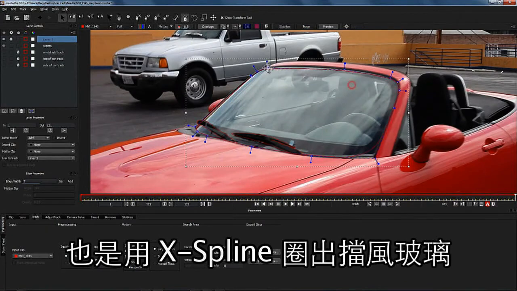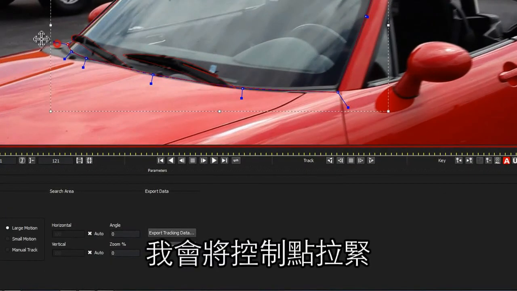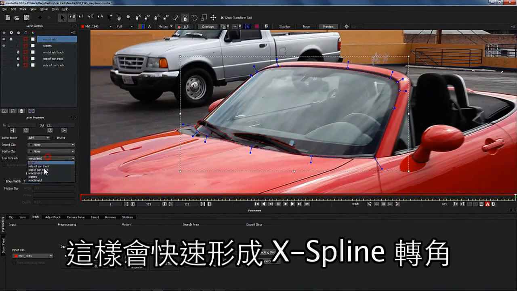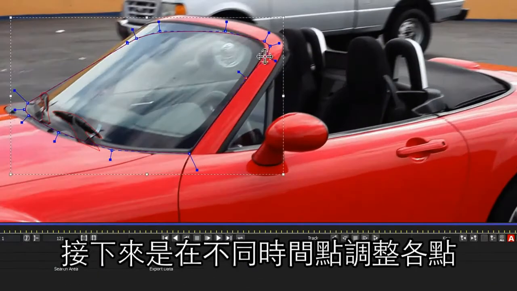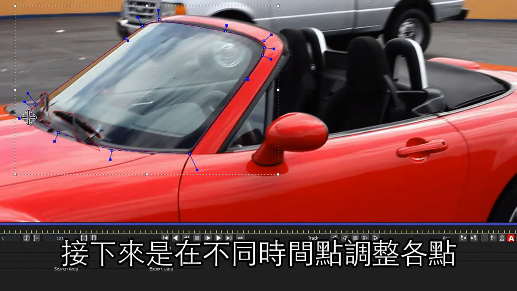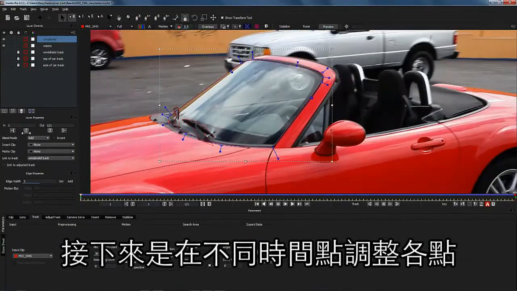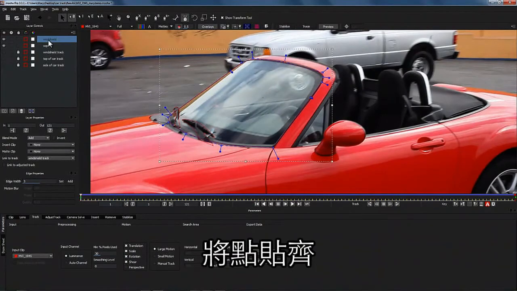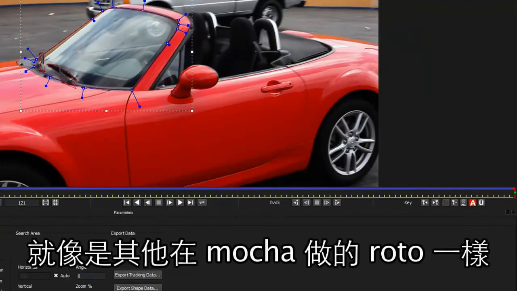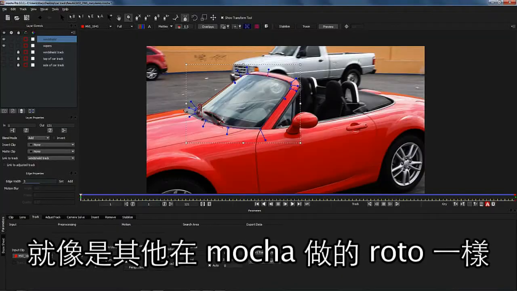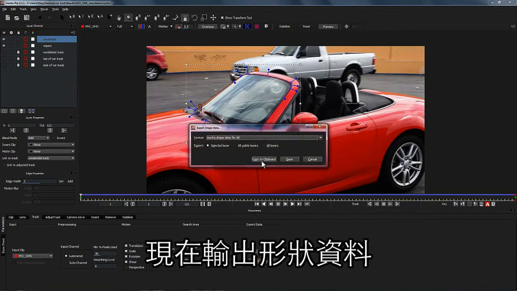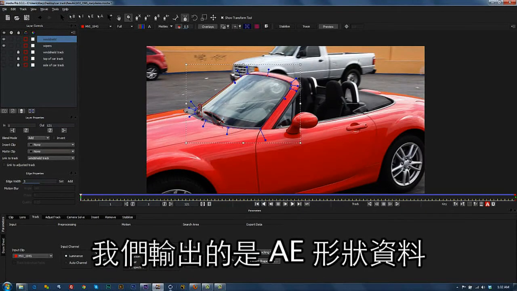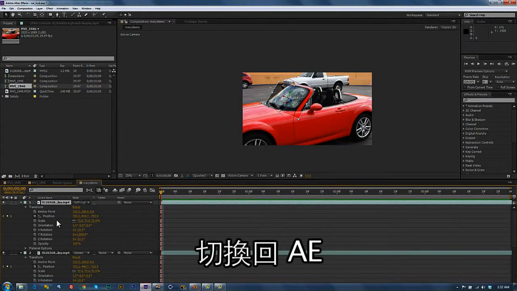We're just going to draw an X-spline around the windshield. I'm going to pull my corners tight so that I get some nice X-spline quick shapes going on. We're going to animate over time the differences where the shape doesn't line up, just like we do in any sort of roto in Mocha, and we're going to export our shape data. We export our shape data as After Effects shape data,